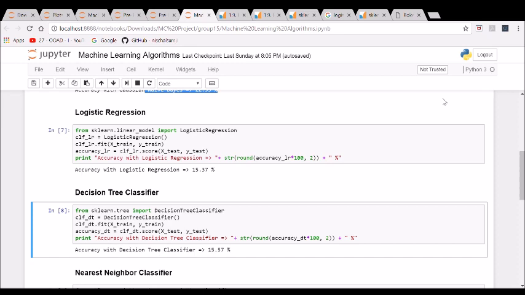The reason I used the decision tree classifier was that it uses data to approximate a sine wave curve with a set of if-then-else decision rules. The deeper the tree, the more complex the decision rules and the fitter the model. After implementing the decision tree classifier, I got the accuracy to be around